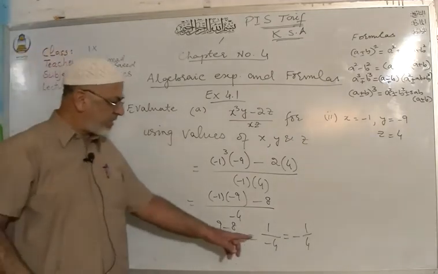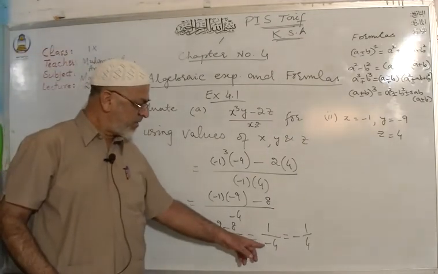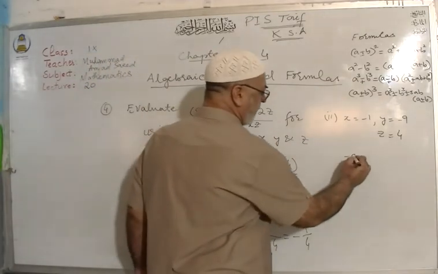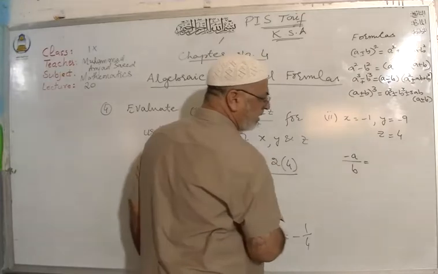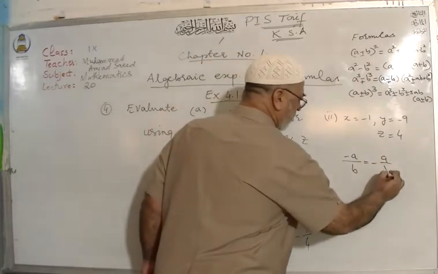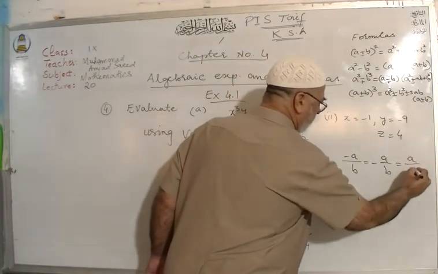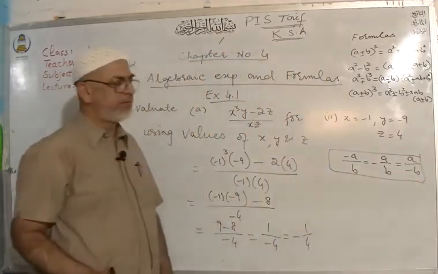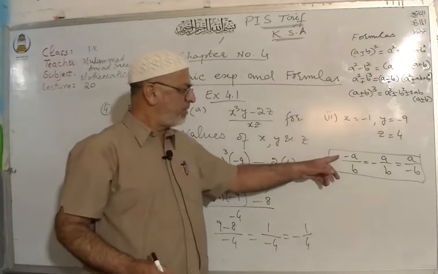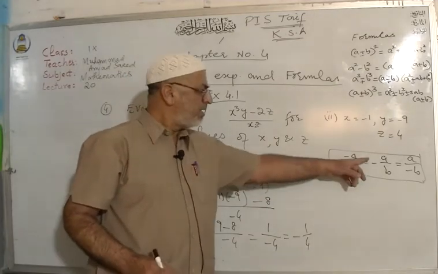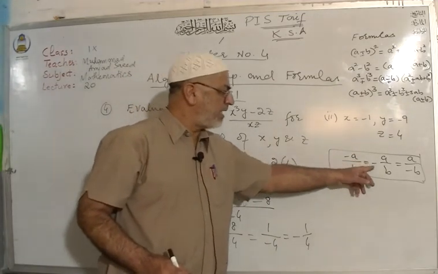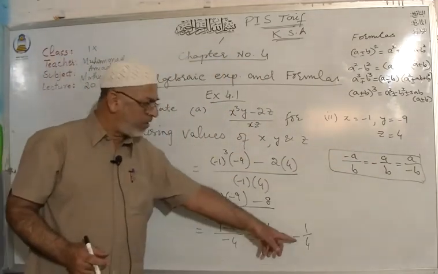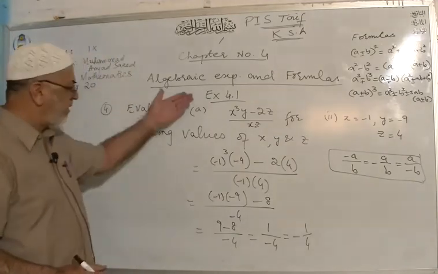Dear students, remember that the negative sign means you can write minus a over b as minus a over b, or as a over minus b. They are all the same. Remember that. The negative sign in the numerator, at the center, and in the denominator are all equal, so that's why we can logically write minus 1 over 4. That is your answer.